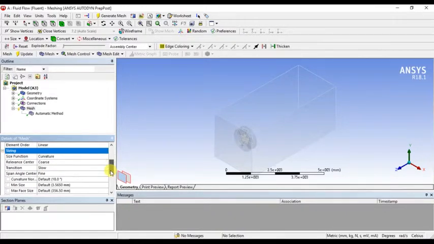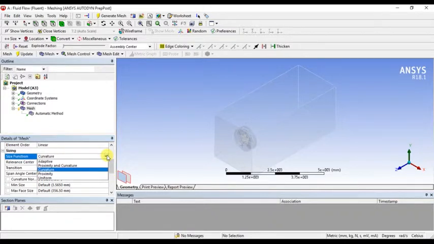If we are going for an actual design fan, the result will be very sensitive. So you can go for curvature and select proximity and curvature, because in that region it is generating a good, defined mesh. So after generating the mesh,